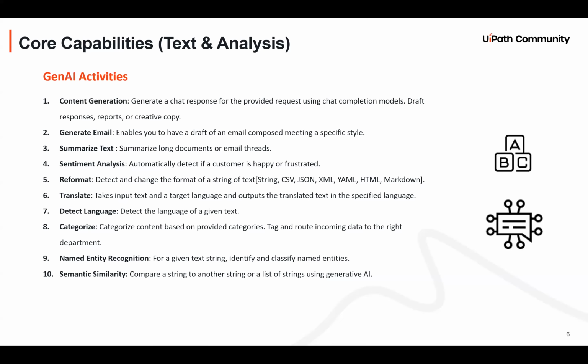Then we have named entity recognition. Like the categorize activity gives us the category of any particular input, maybe an email or a ServiceNow ticket or anything else. So it is just categorizing the input. But with named entity recognition we can extract some values from the input. Like we have